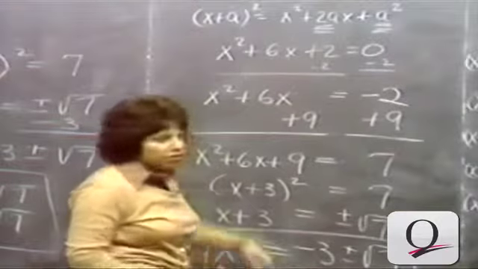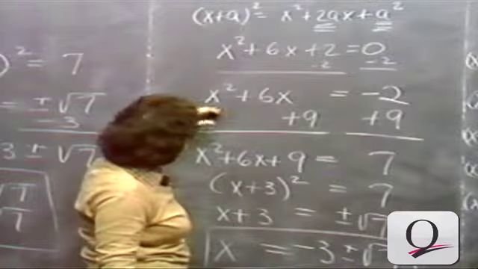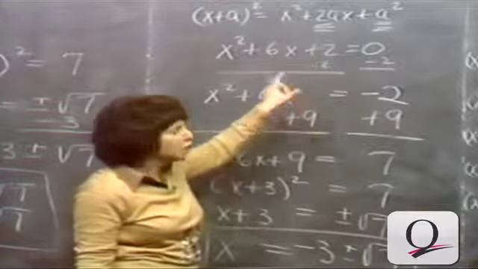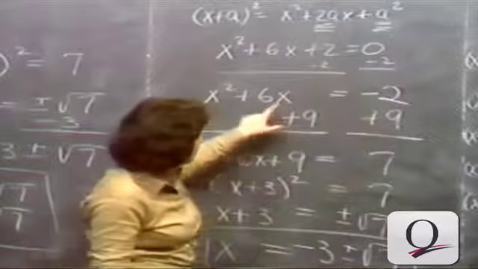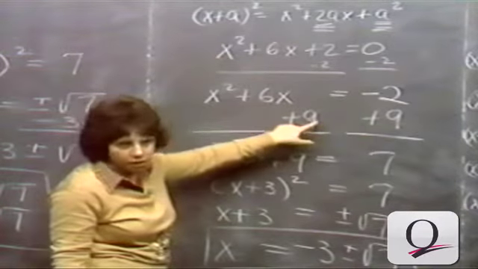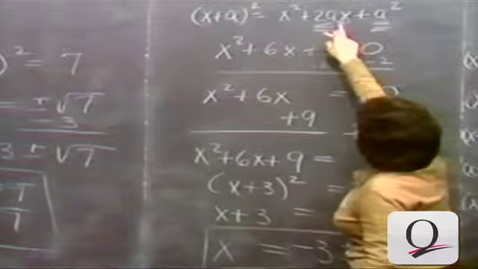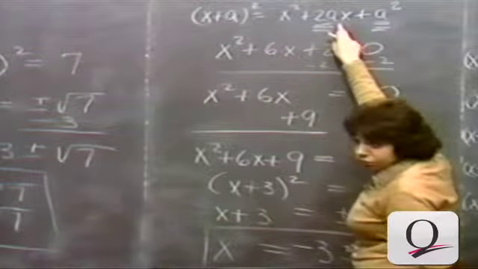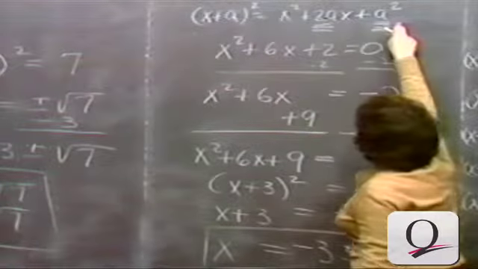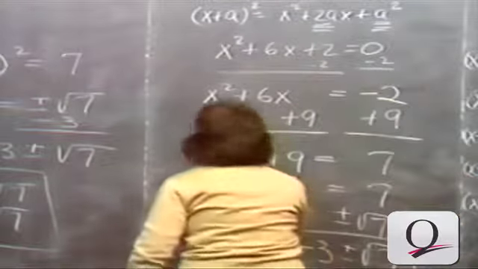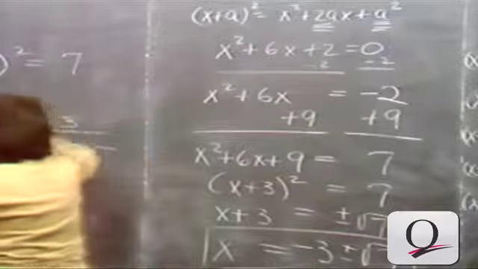You must have an x squared term, a constant times x, plus a constant which is half of this number squared. We see this in the general form here. Take half of the coefficient of the first degree term, half of 2a, that's a, square it and add it on. If it helps you, it's perfectly okay